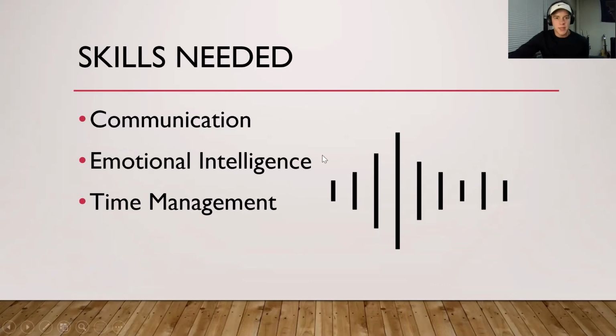So just being able to talk to residents, be open with them, like, hey, I'm not working right now, I'm not on duty, I can give you the other RA's number, or just having that open dialogue of like, oh, you need help, I can help you, right? Just communication in general. The second skill that is definitely needed is emotional intelligence. This is huge as an RA. I would never recommend, and actually, I'm not going to say this. I'll get to it later.